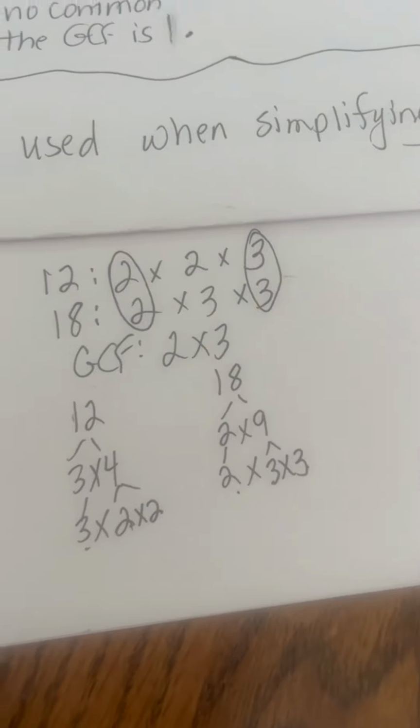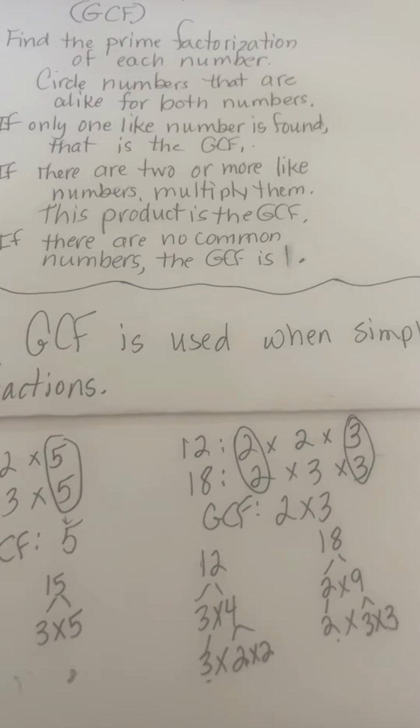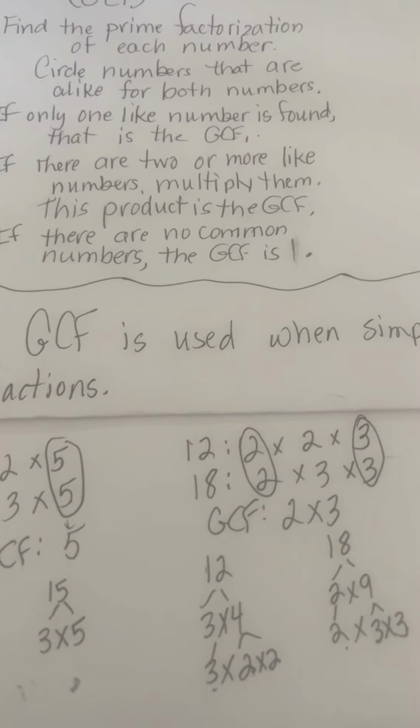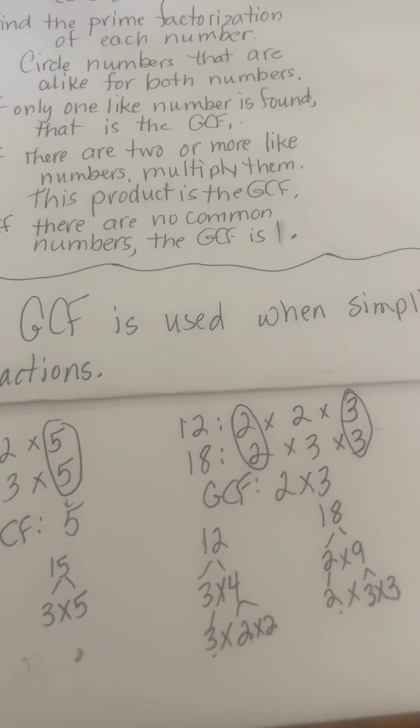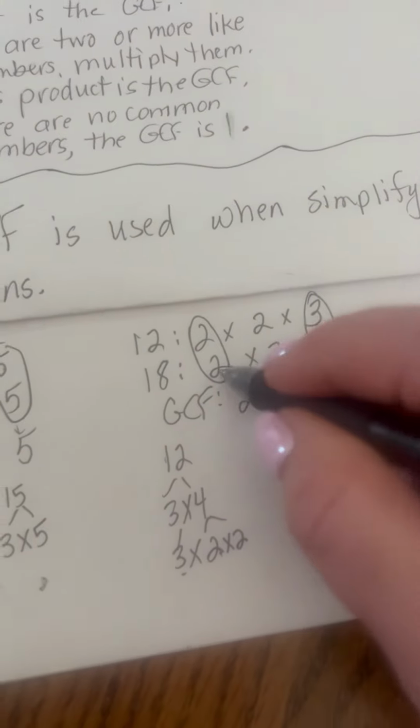Go back to your rules. If there are 2 or more numbers that are alike, multiply them. This product is the greatest common factor. So 2 and the